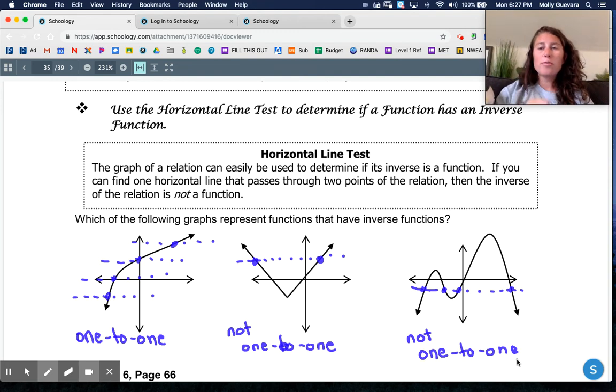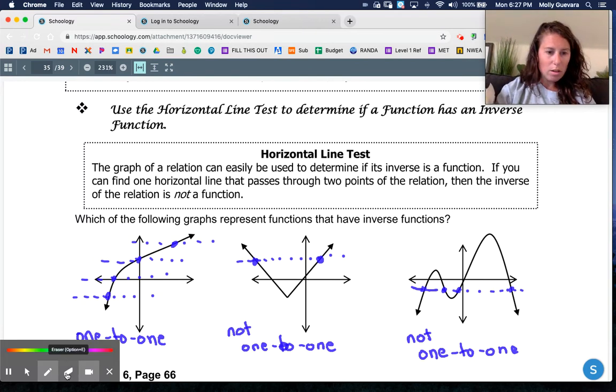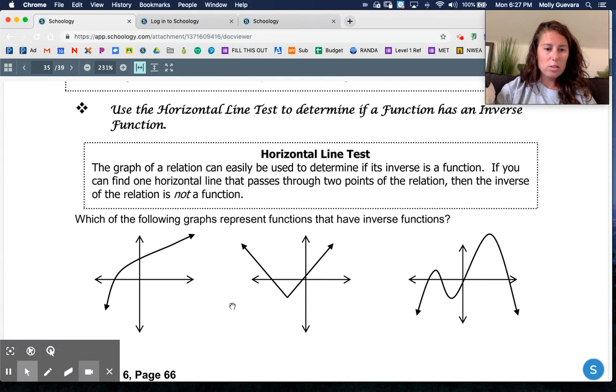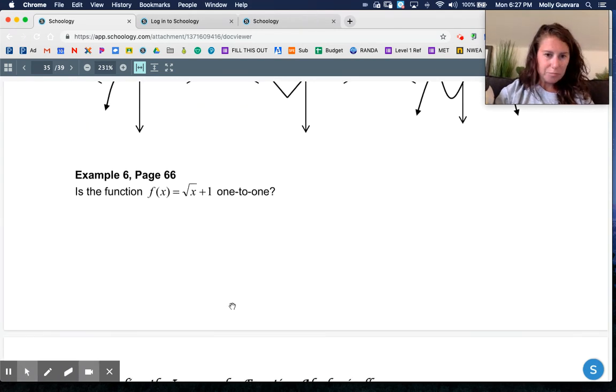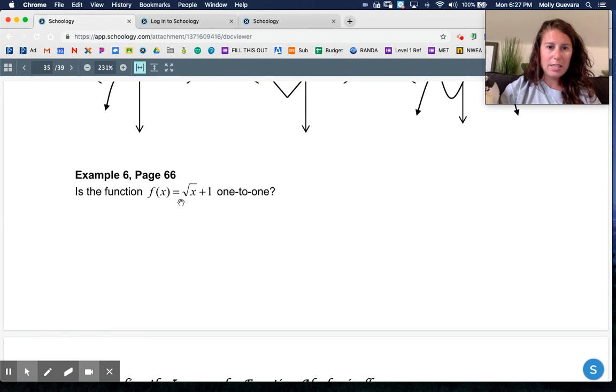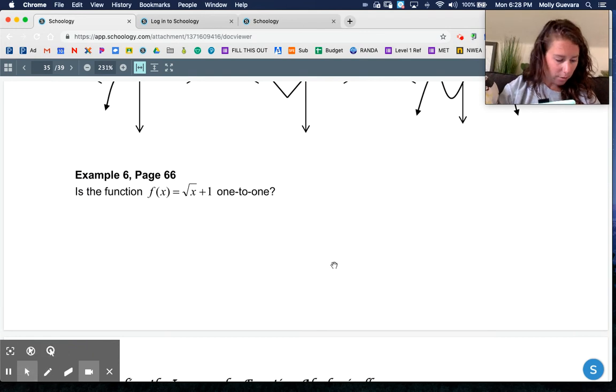All good? So if determining whether or not something is a function, you use the vertical line test. But to determine if something has an inverse, then it uses the horizontal line test. So last question here. Is the function f of x equals absolute value, square root of x plus 1, 1 to 1? So we can use now this feature